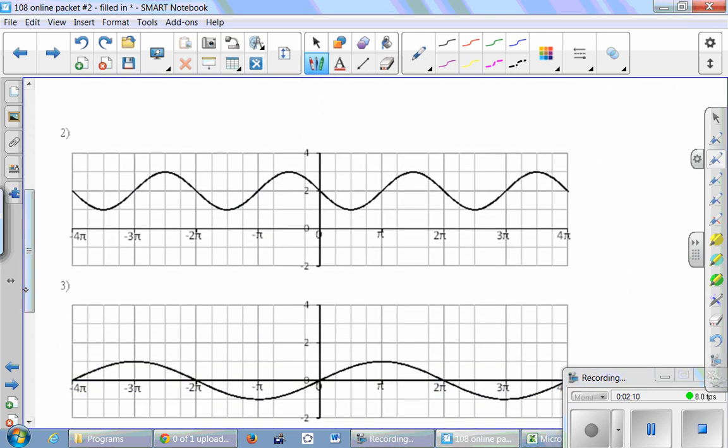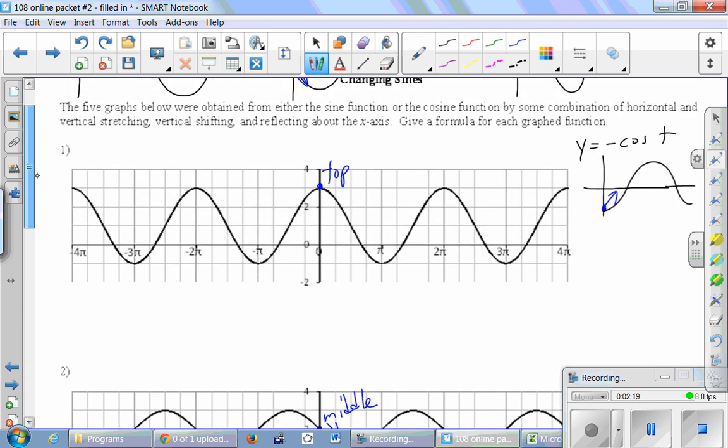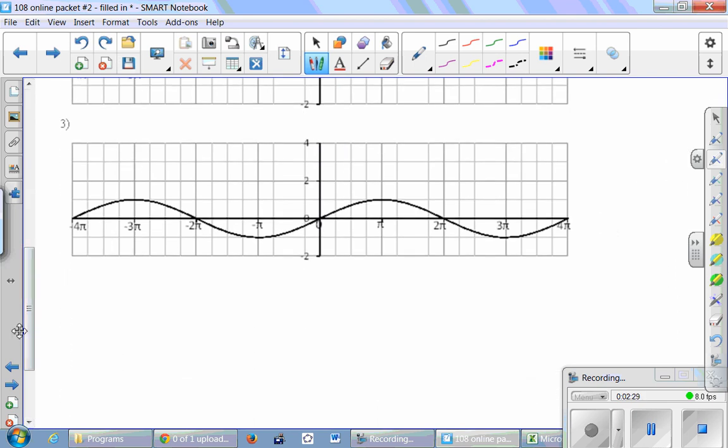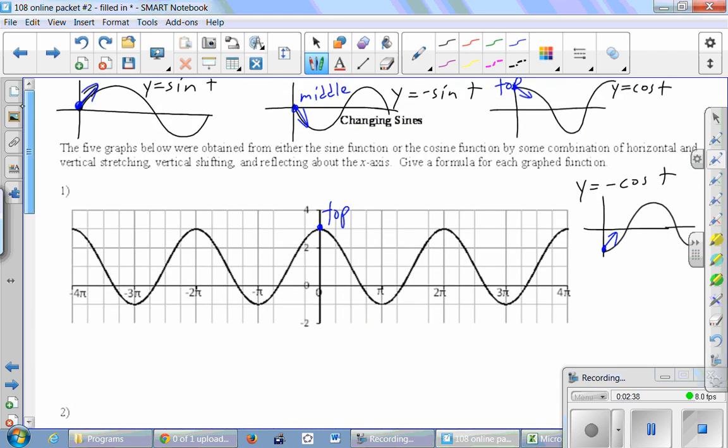The second graph starts in the middle, which means we need more info. This one starts in the middle and it's on its way down. So starting in the middle and on its way down is the negative sine of t. Middle and on its way down. And then finally here at the bottom, this guy starts in the middle, which means we need more info. It's on its way up. So the middle and on its way up is sine of t, first graph. Okay, so